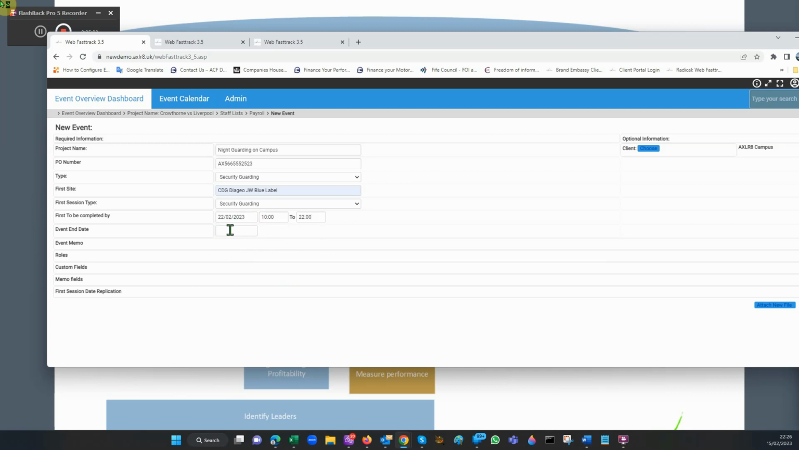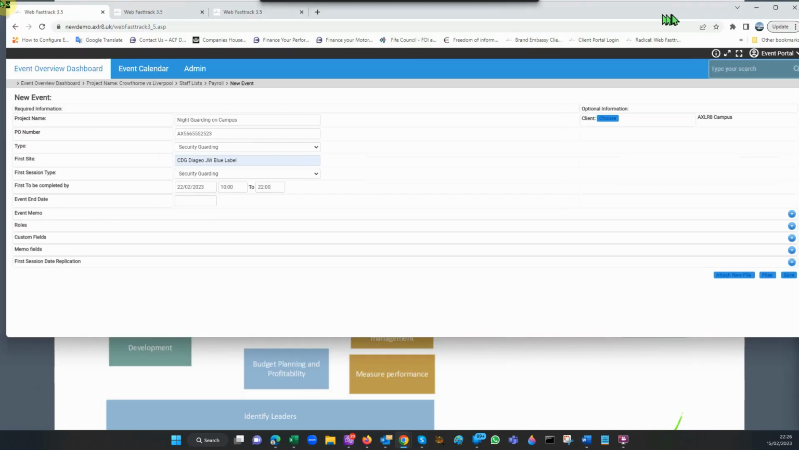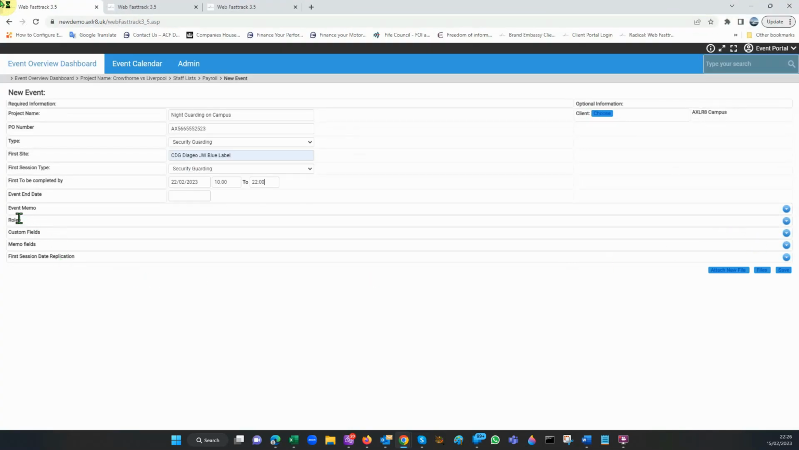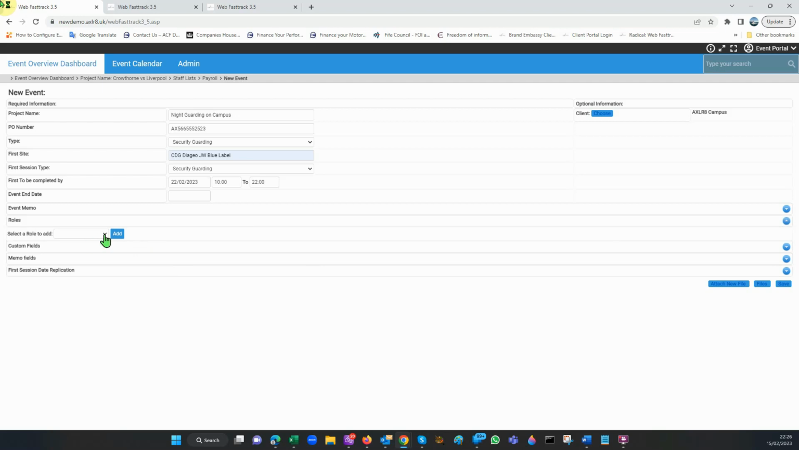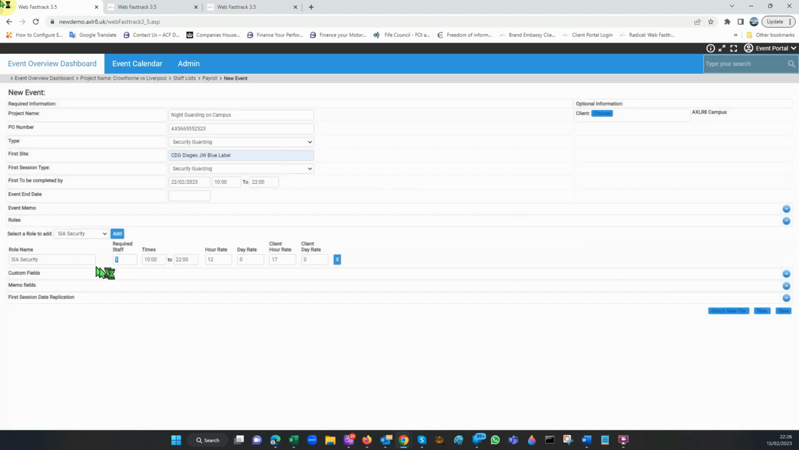Now, you don't have to put an end date in. Most importantly, if I just maximize this here, there are these drop downs so you can add as much or as little as you want. So when you set up all of the details, if we look at where the roles are here, I can add a role, and in this case it will be, let's say, a SIA security role, and I need one, I could put 2 or 3, and I've got some standard role rates, but let's say this is a particularly difficult to get place to get to, and I'm actually going to offer